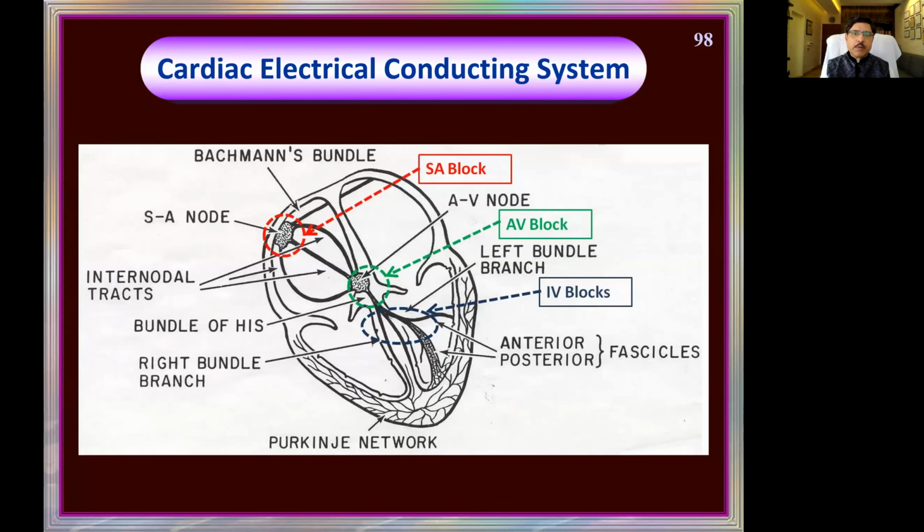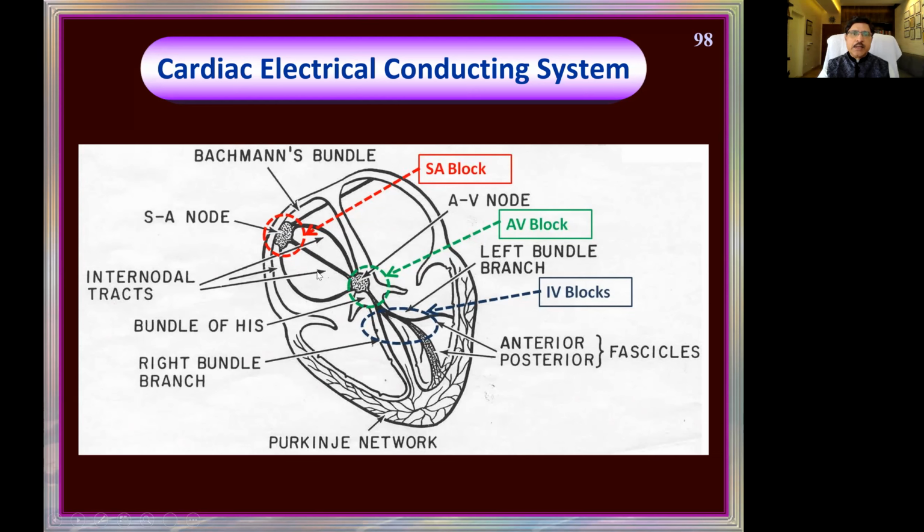Now we have gone a little deeper into the conduction network. We said atria do not have any special conduction bundles like the Purkinje network and the left and right bundles, but in fact there is one track called Bachmann's bundle from the right to the left. So this simultaneously activates the left atrium also. This is for the synchronous activation. And there are internodal tracks between the SA node and the AV node. There is a straight track, a left-sided track and a right-sided track. And the importance of that we will deal with when we come to the arrhythmias.